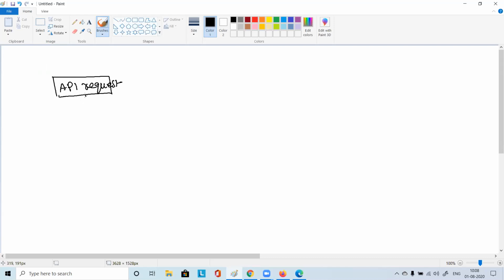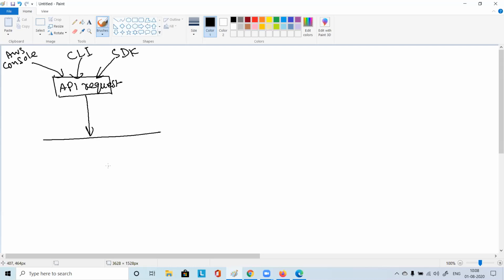So API request comes. How can it come? Say through console access, the AWS console or CLI or some kind of SDK, or from other places, some API request will be coming to AWS, right?